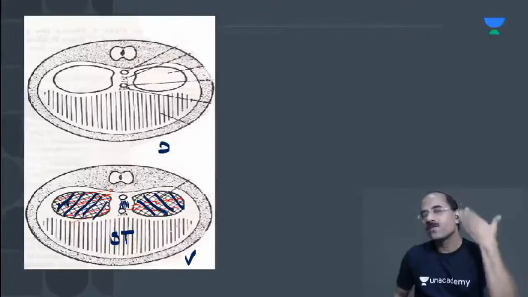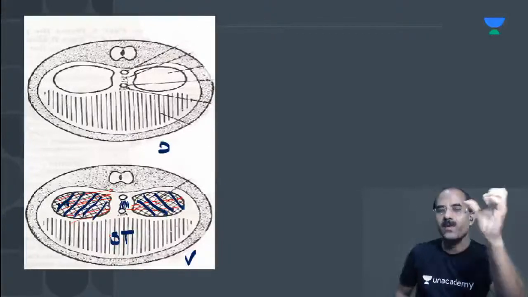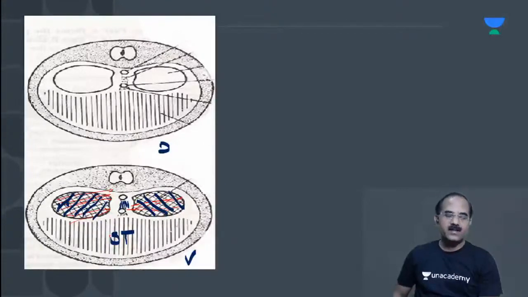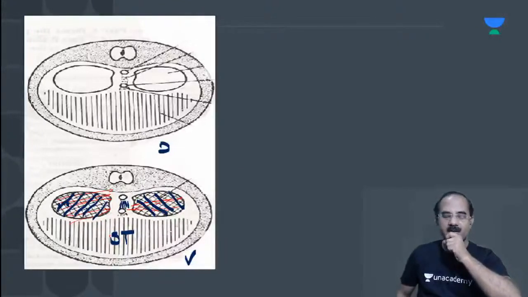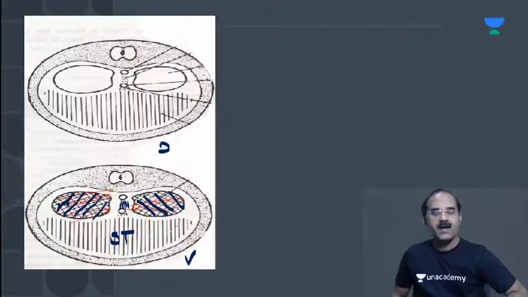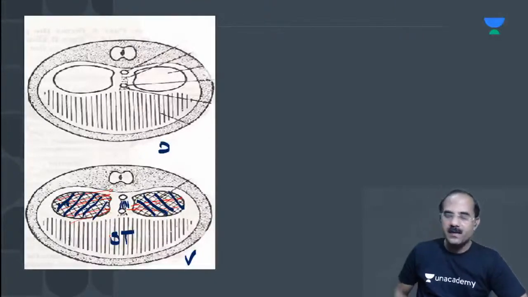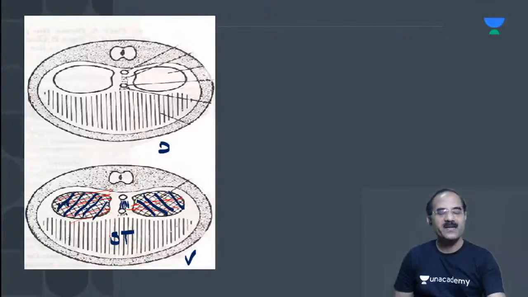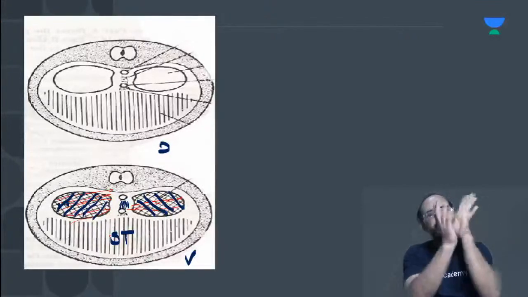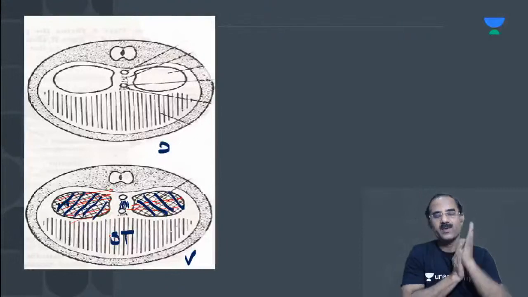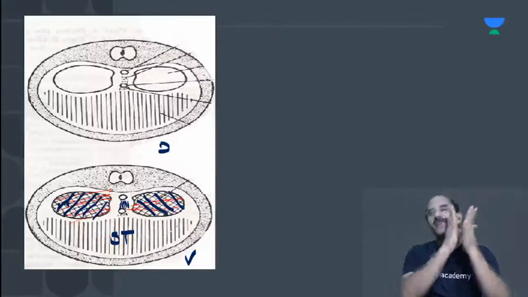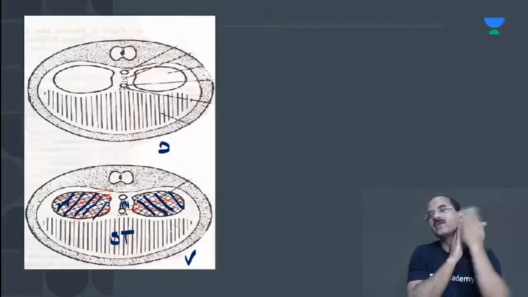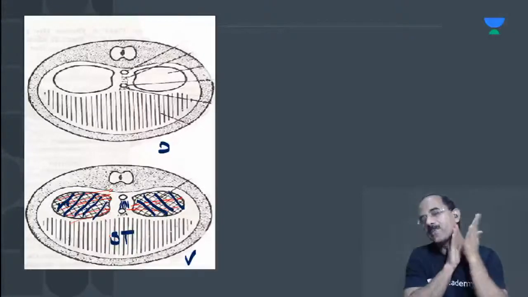And this phrenic nerve lies on a muscle in the neck. What muscle is that? Just try to recollect. The phrenic nerve lies on which muscle? It lies on the muscle of the neck, behind the sternocleidomastoid. Scalenus anterior, right? So the phrenic nerve is lying on the scalenus anterior, and it is plastered to